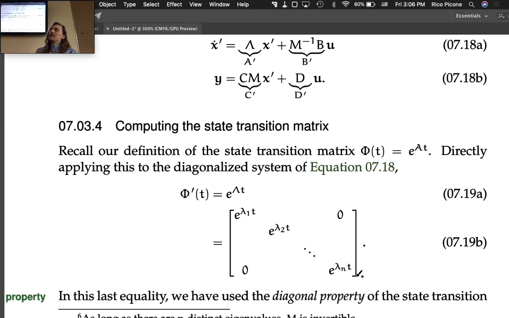So in other words, if you take the matrix exponential of a diagonal matrix, you get a diagonal matrix of